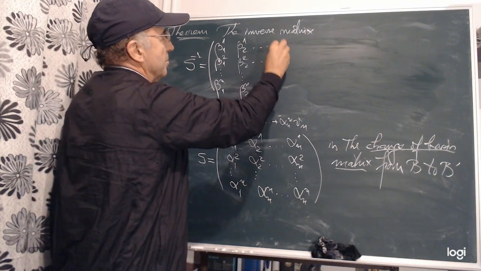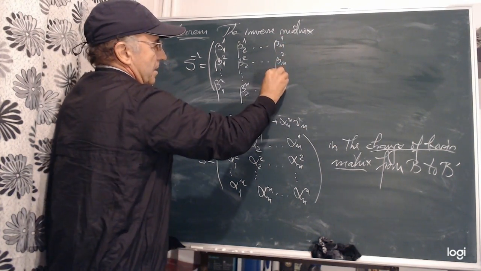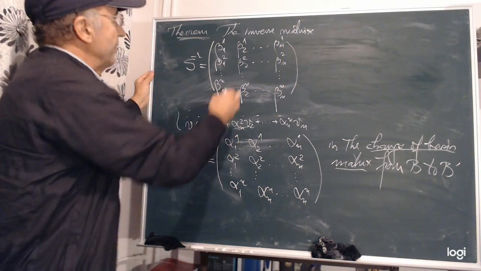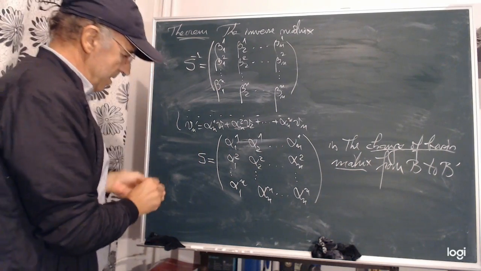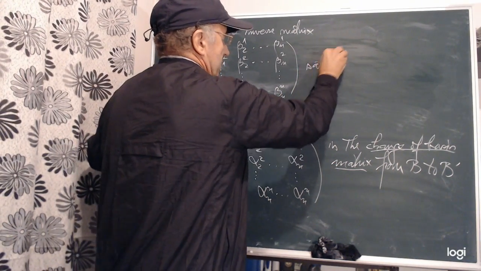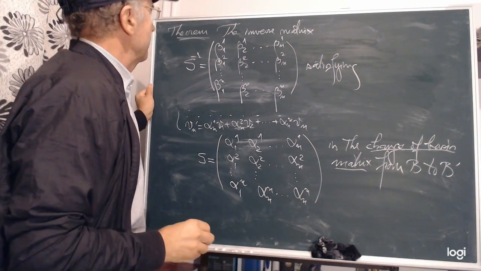The last column beta n1, beta n2, up to beta nn. The inverse matrix of S satisfies the relations